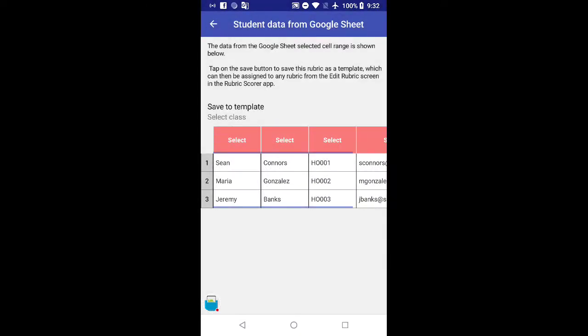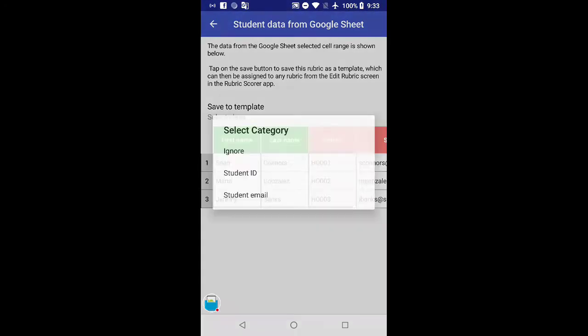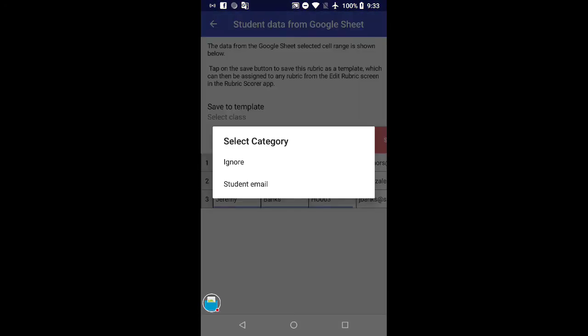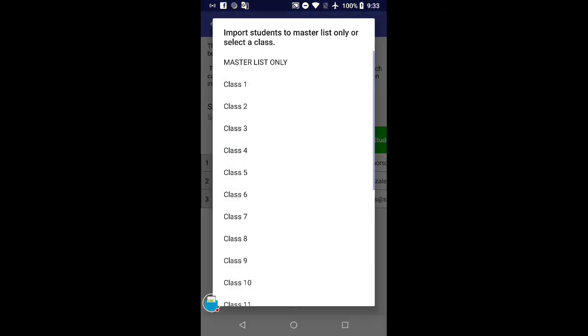This will open up the Rubik Scorer app. If it's the first time, you'll have to give permissions to approve and also select the same Google account that the Google Sheet was on. Then simply tap the headers to tell the app what is in each column. And then tap the Save to Template, select the class, and then you can import the students just to the